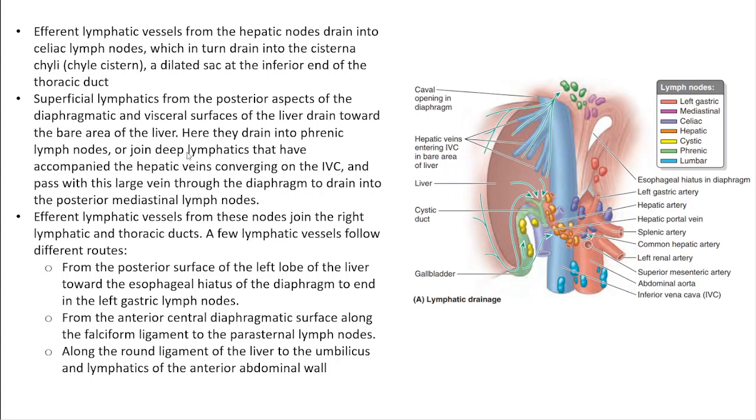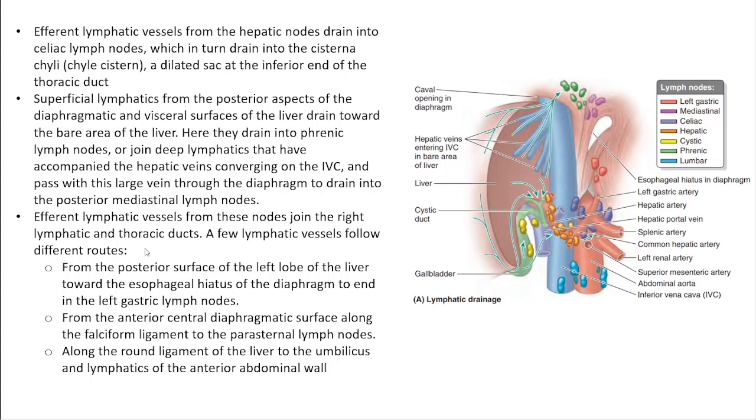Or they will join the deep lymphatics that have accompanied the hepatic veins and converge to the IVC, and from here the lymph will pass through the diaphragm to drain into the posterior mediastinal lymph nodes. Then efferent lymphatic vessels from these lymph nodes will join either the right bronchomediastinal lymphatic duct, or the left thoracic duct,